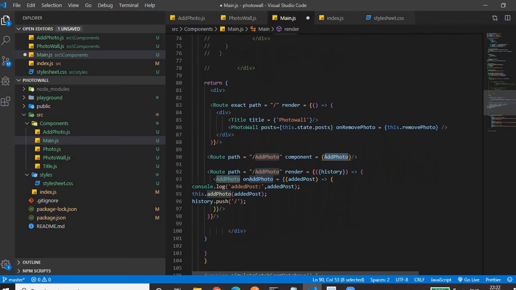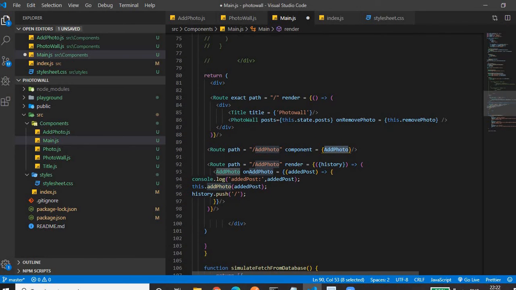So that's a prop. So here we need to pass props. As we need to pass props, we cannot use this kind of configuration. Let me comment this. We have to use the render function.